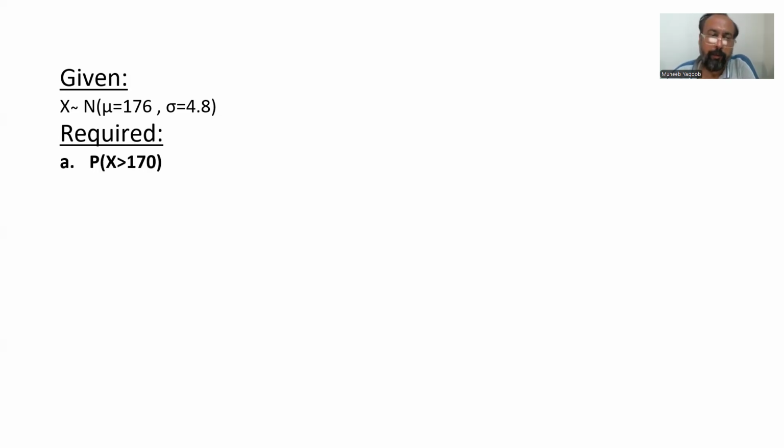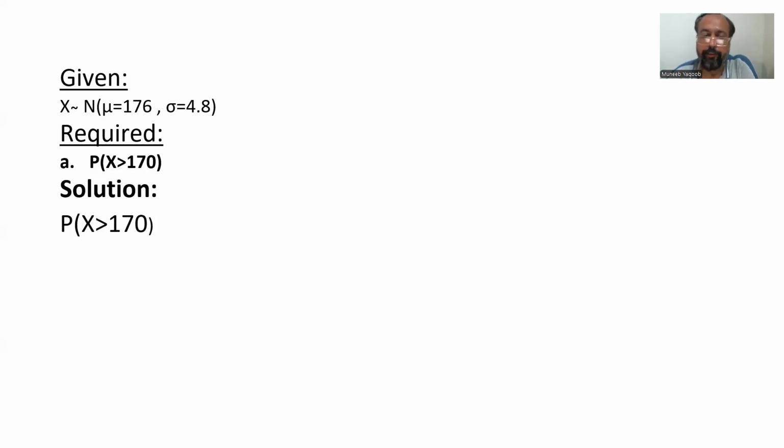What is given? It is given that x is normally distributed with mean equals 176 and standard deviation equals 4.8. Now what is required? In the A part, we need to calculate the probability of x greater than 170. Since this x is normally distributed but is not a standard normal variable, first of all we will convert this x into a standard normal variable,